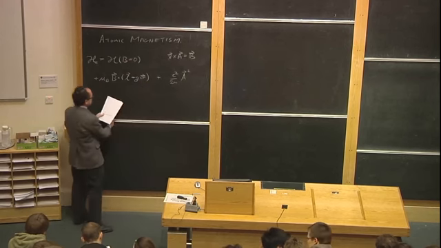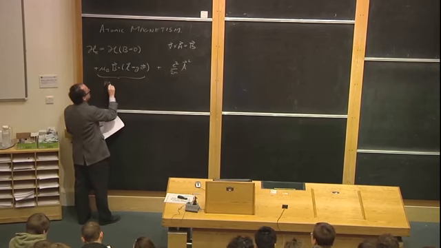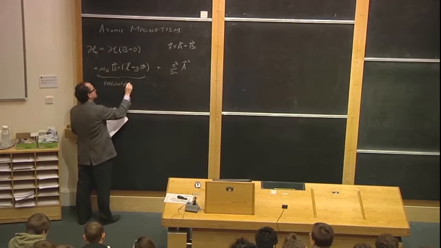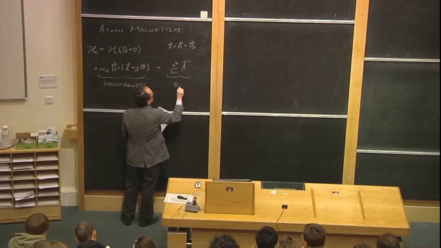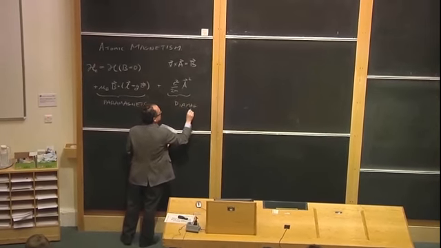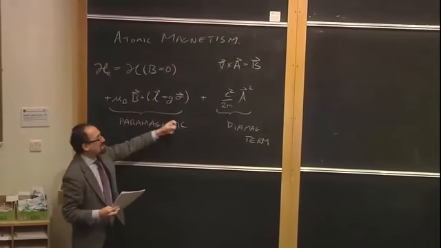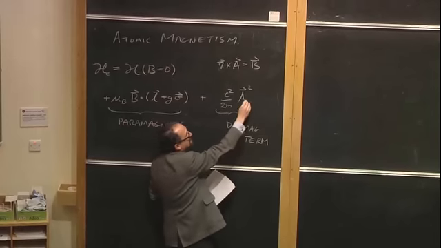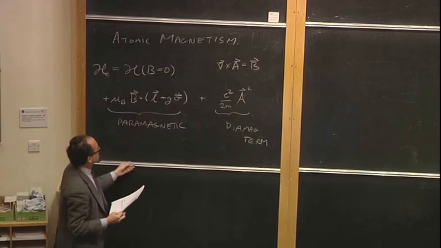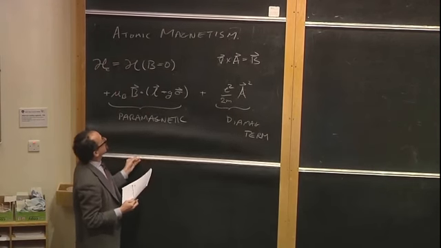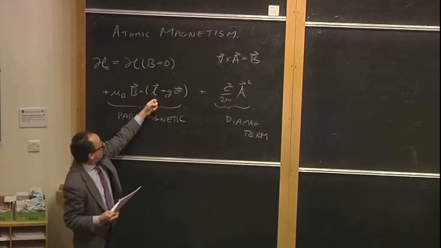Okay. Now, these two terms have names. This first term is known as the paramagnetic term, and this term here is known as the diamagnetic term. And as you might guess, it's this term that's typically responsible for paramagnetism, and this term which is typically responsible for diamagnetism. And it's actually fairly obvious why this term is going to be responsible for paramagnetism. Generally, this is just coupling of the magnetic field to the spin or orbital angular momentum of the